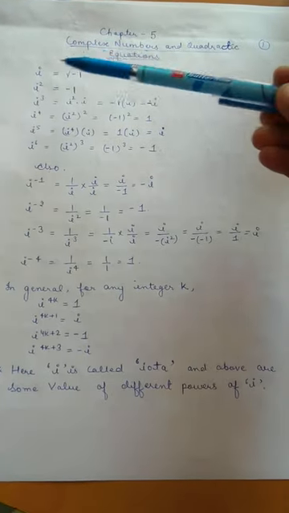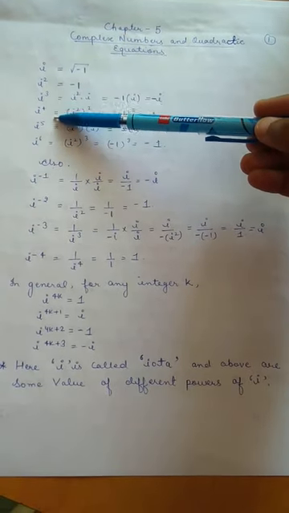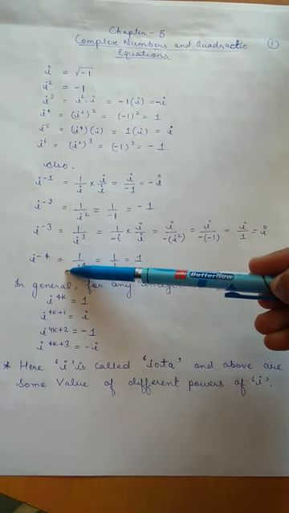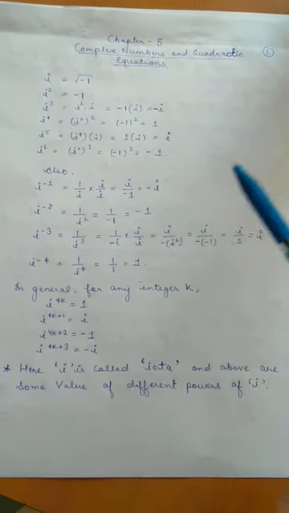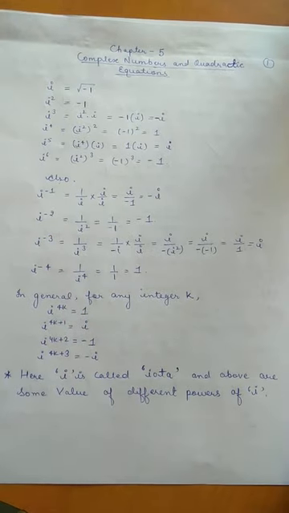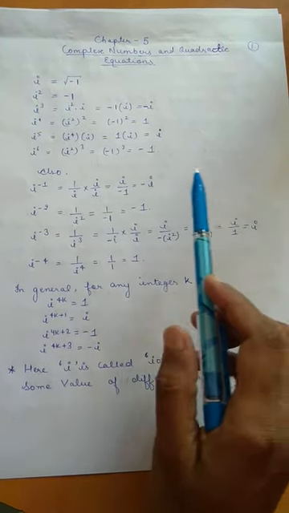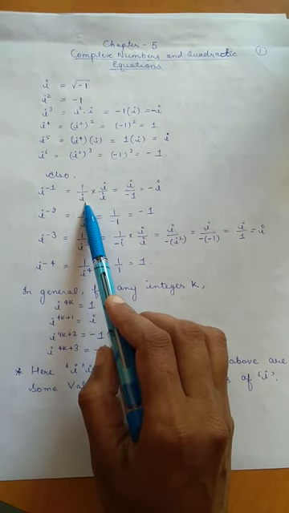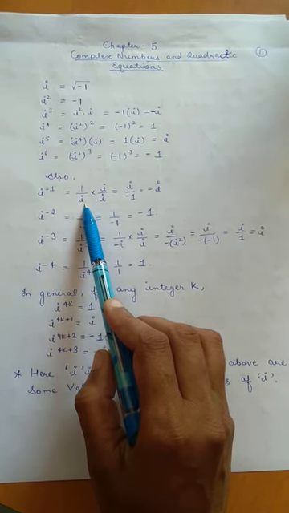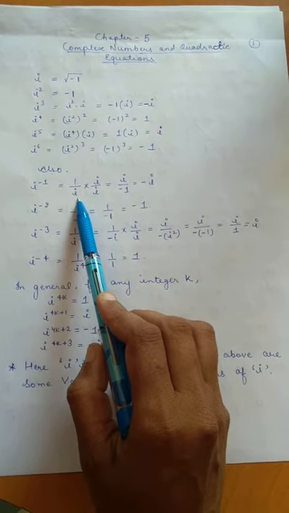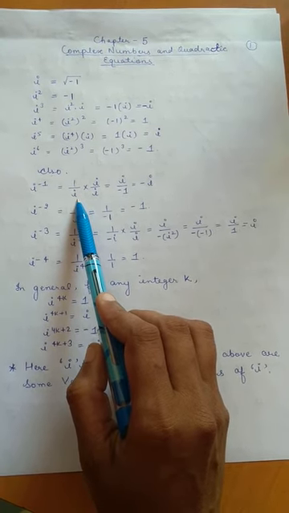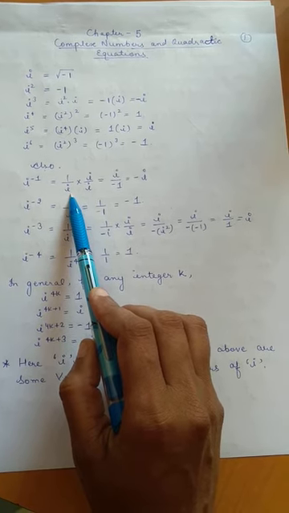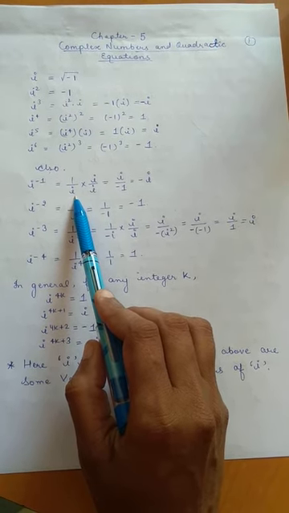In the same way as we have calculated for the positive powers, बच्चे, we will calculate for the negative powers also. And whenever we have iota in the denominator, we always have to rationalize it. The concept of rationalization you have already studied in your class 9 as well as in some portion of your class 10th. So when I have to rationalize with iota, what do I have to do?